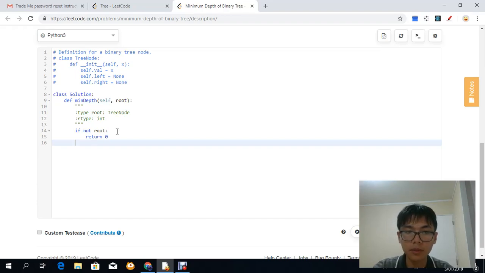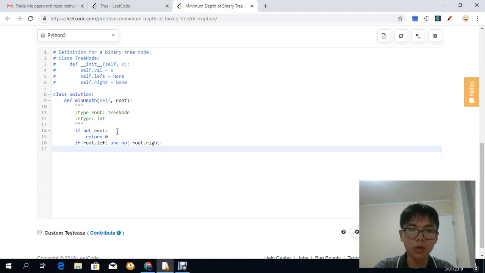So there's no depth. Now we consider another condition, which is if root left exists and root right doesn't exist. So what we will do is call a recursive function of itself